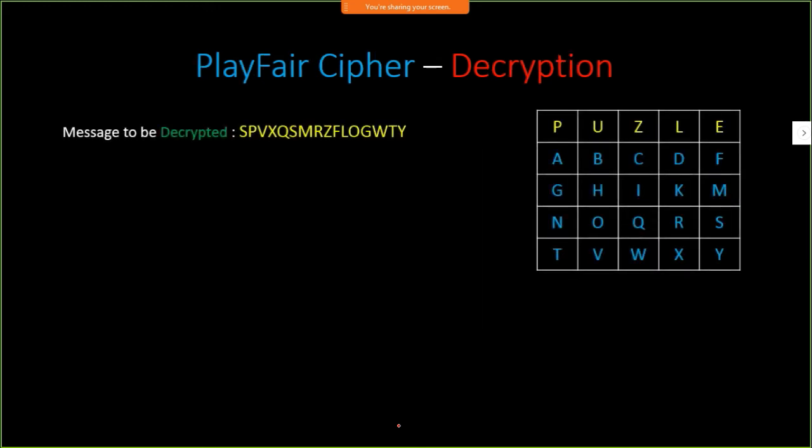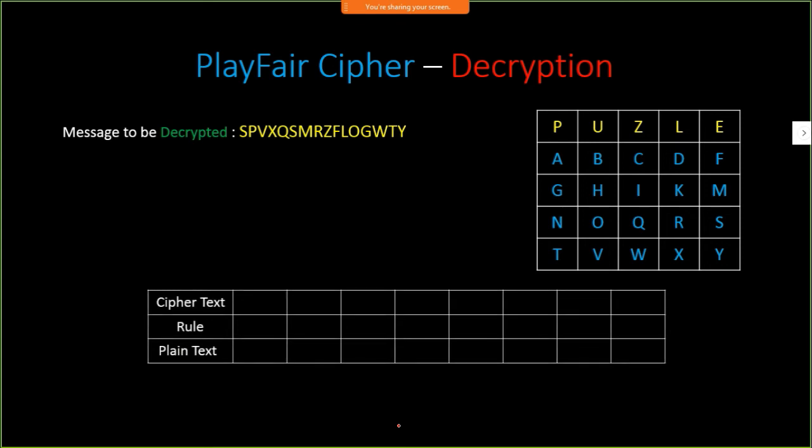In this case, the ciphertext we got previously is SP, VX, QS, MR, ZF, LO, GW, TY. So, how will we decrypt it? The first ciphertext is